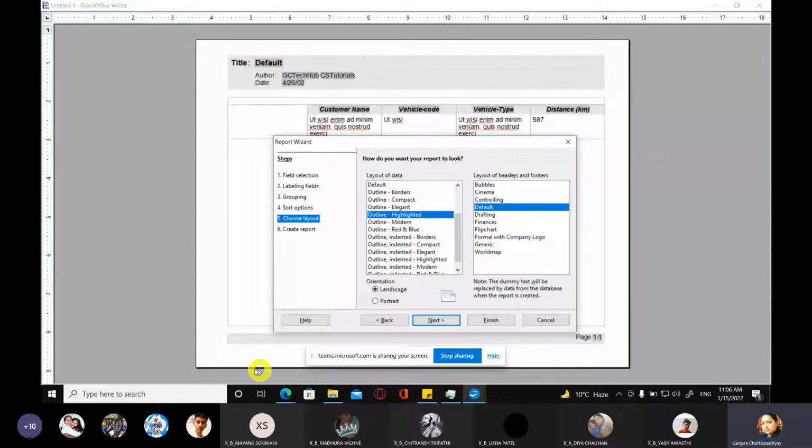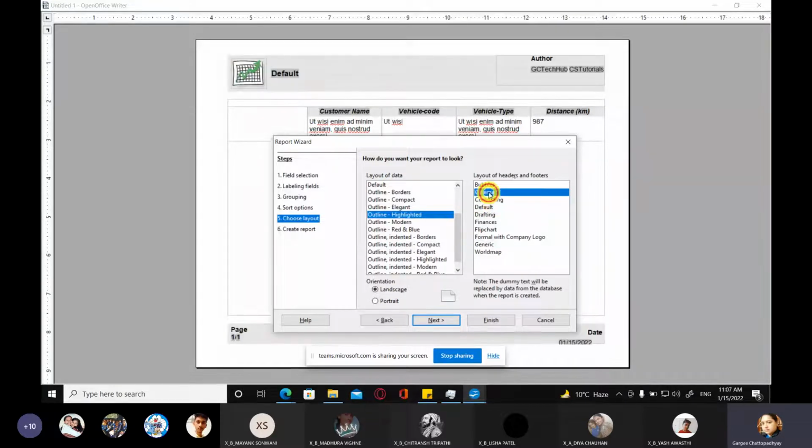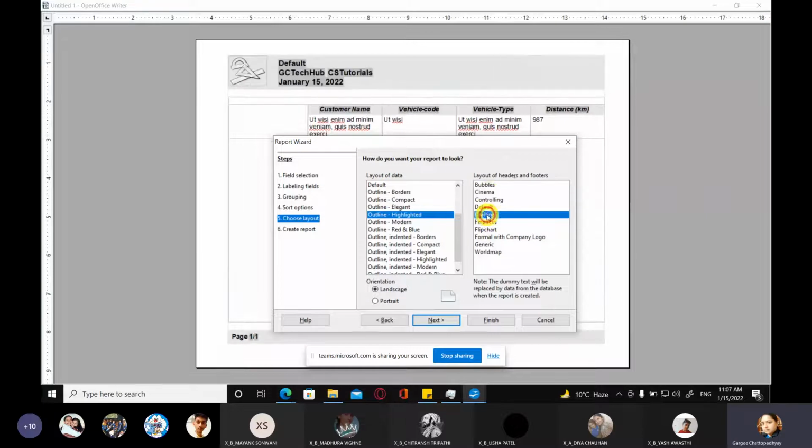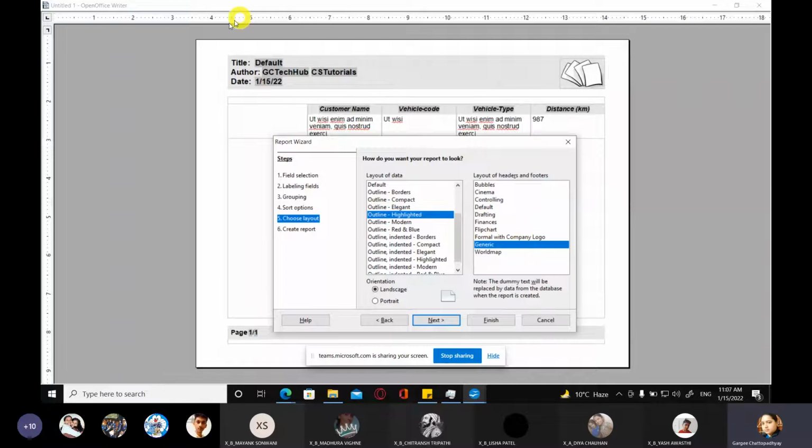Header is the topmost area and footer is the bottommost area. Like you can see here, this is controlling, this is cinema, this is finances, this is drafting, and so on, and formal with company logo, generic. This way you can select any layout for headers and footers which is applicable.